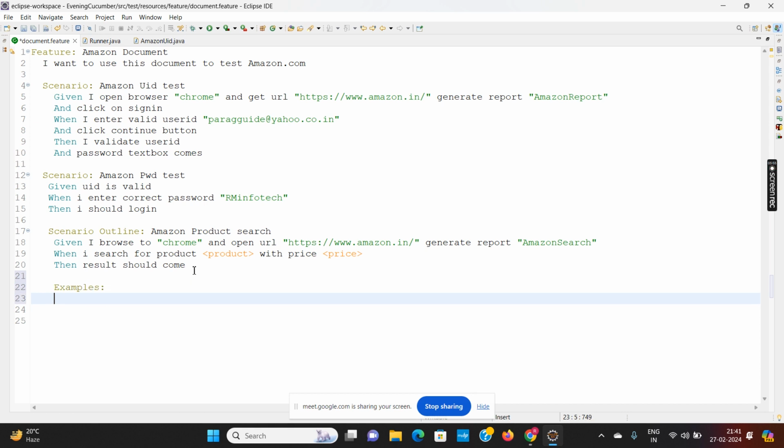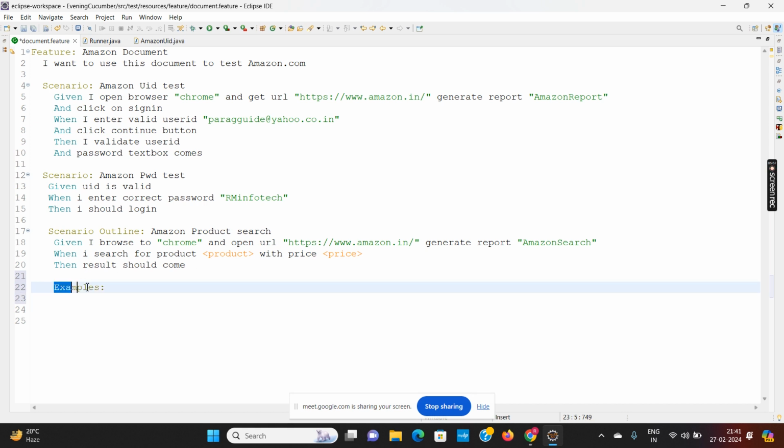The Examples keyword is always used when we are using Scenario Outline, and Scenario Outline is used only when we want to pass multiple data. Otherwise we will use a simple Scenario. If we want to pass multiple values, then only I will be using this Scenario Outline, and with it, it is compulsory to write Examples.